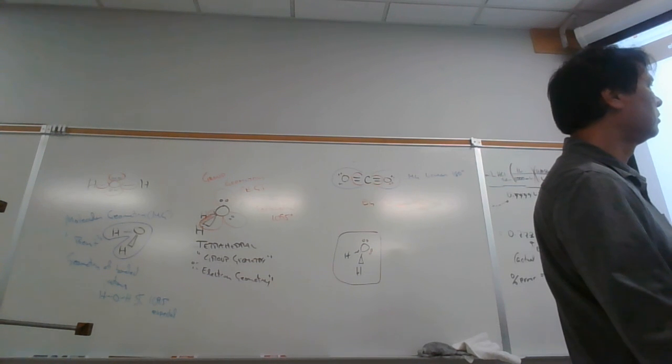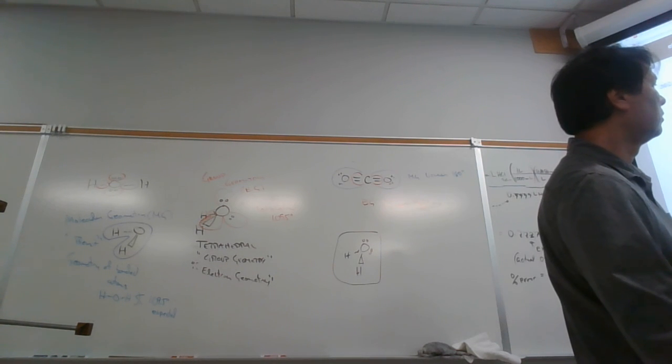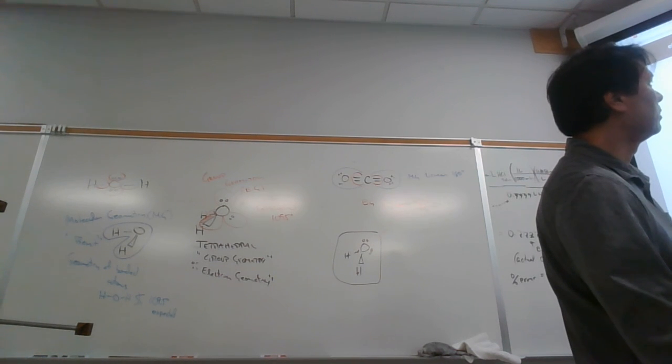With regards to the bond angle, is that something we have to memorize, or is there a way to predict that for each bond? Usually people just memorize